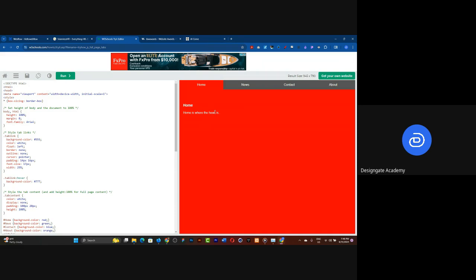So if you have a group of related items and they have headings and also they have content, what you can do, if you don't want to put them on different pages, right, you can just use tabs for it. So tabs are a very good way to present things like this. Also, you can use it to present things like